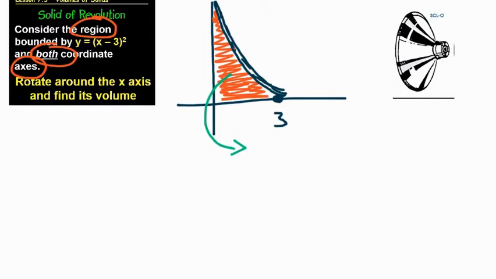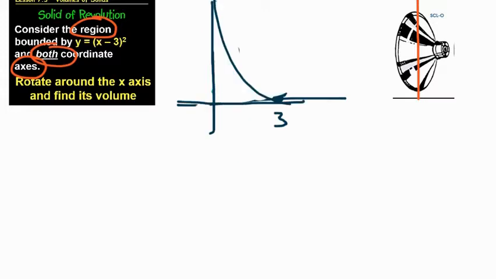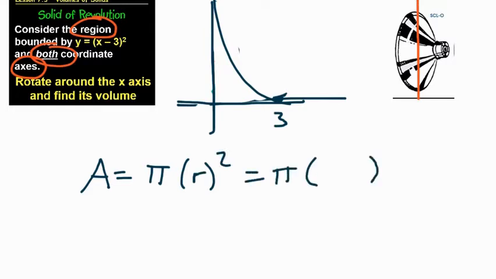Now, if you slice that suction cup, as we showed in the animations, you're always going to end up with a cross-section that's a circle. And so what we're going to do is use the area of a circle formula, pi r squared, and get ourselves ready to find the radius. Now, the radius is going to be